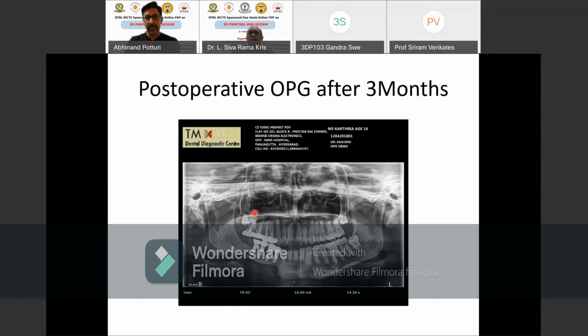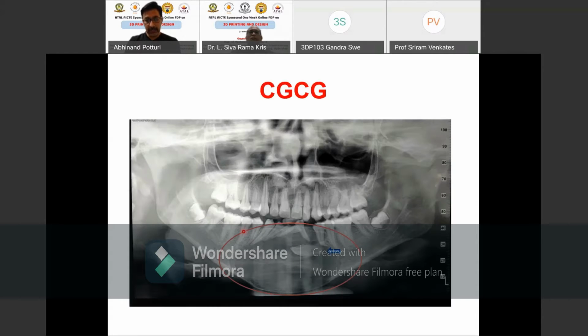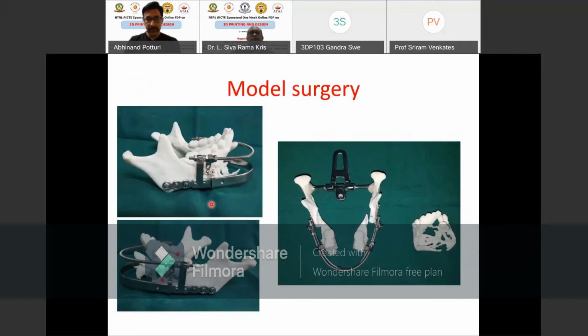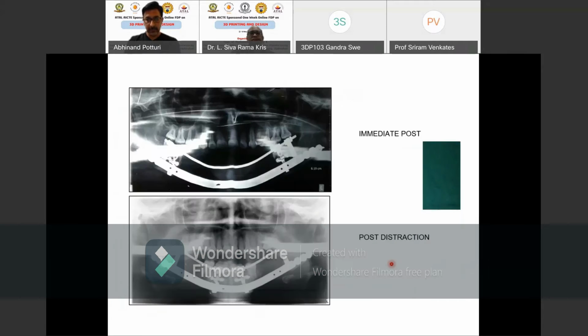So he is just young, a 16-year-old, but he lost all the teeth. So we have created the entire lower jaw because of these implants. This is again another tumor similarly. So a huge tumor which is removed and then reconstructed. See, this is the 3D reconstruction. We cut it and then we use the plate to bend and then use it. See, this is a huge plate because it needs a huge support, and then we have reconstructed it.